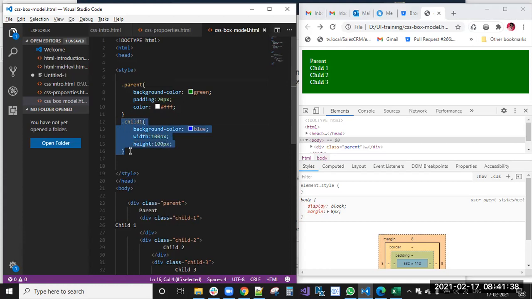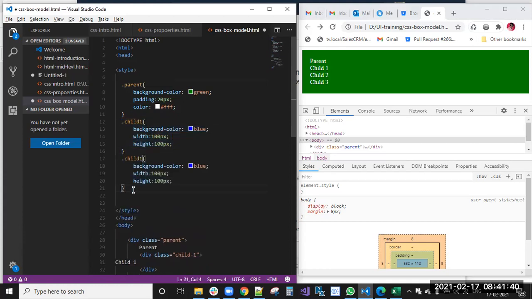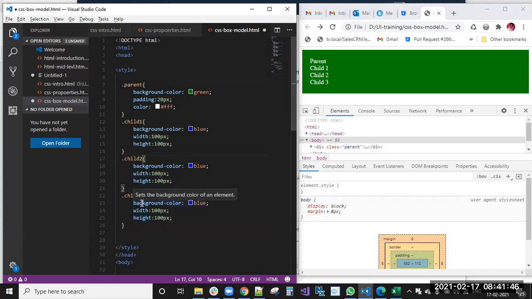Similarly, child two and child three will take the same. I'm just changing the background colors for the three divs, three different colors. Width and height are the same. Here blue, already the parent is green, so we'll take orange here.